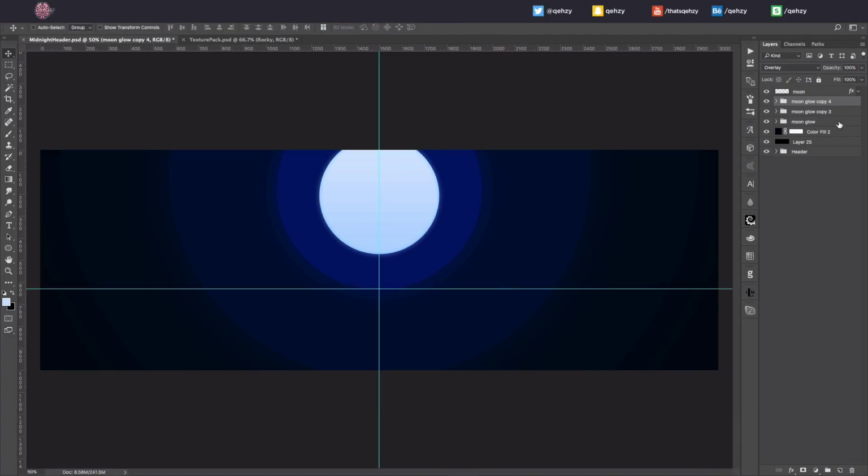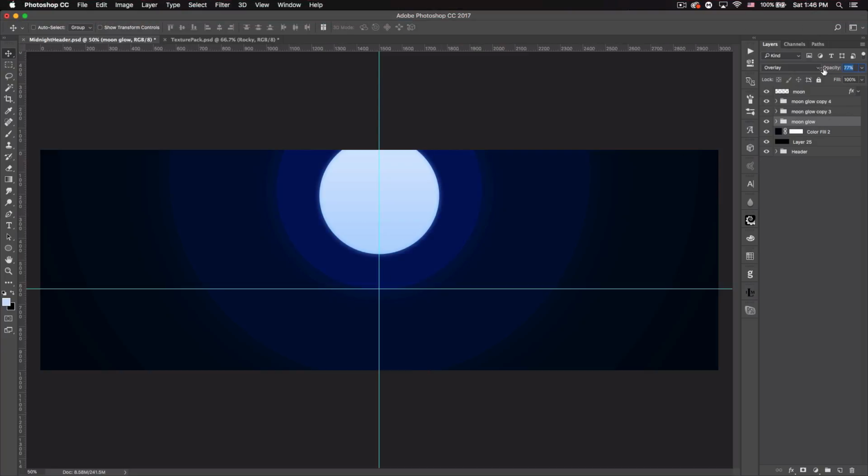Now you can do that as many times as you want. I just did it 3. And then I'm going to go to that original where the blue is really strong and bump down the opacity just a bit so it's not too overpowering. Something like that works. And then go to the original moon layer, create a new layer, get the ellipse tool